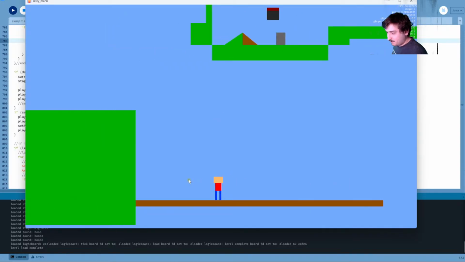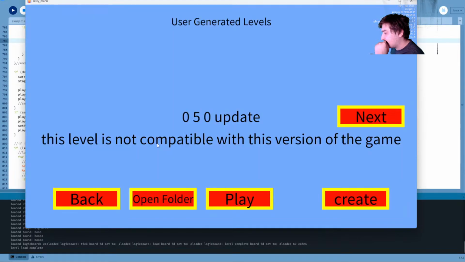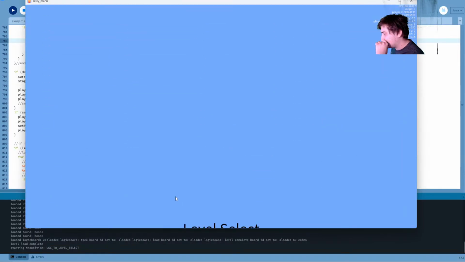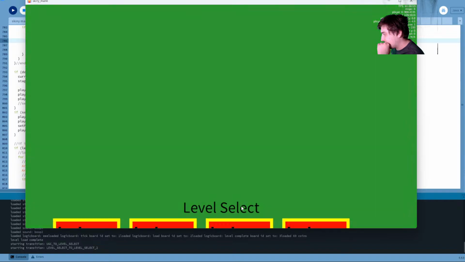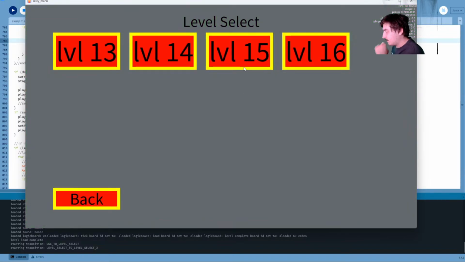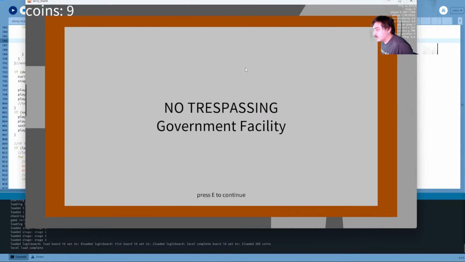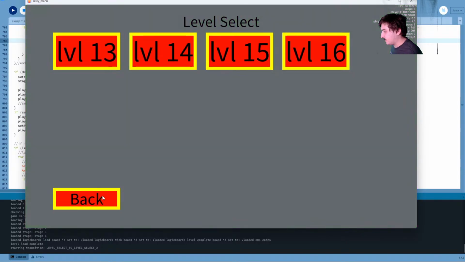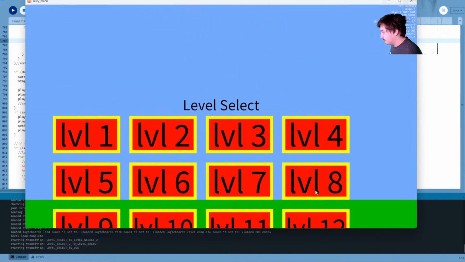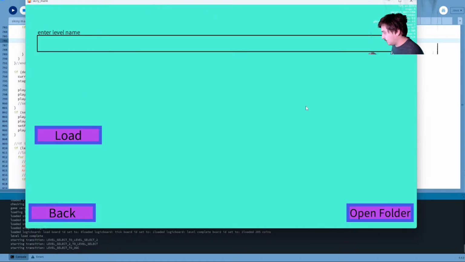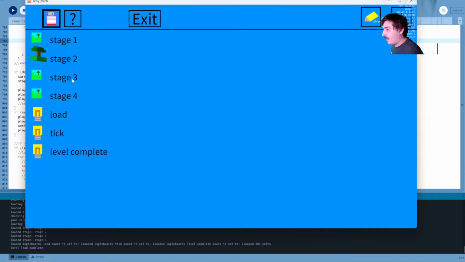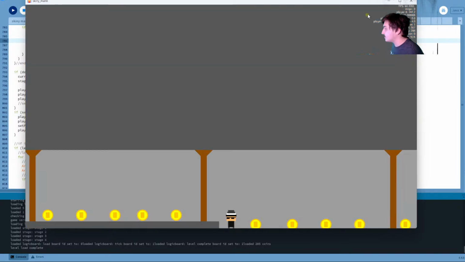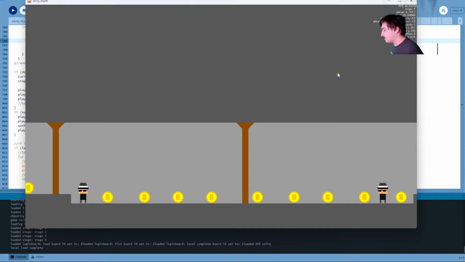Okay. Alright, let's kill that bastard. Yay! No errors! Yay, okay, let's go. Let's exit. Wait, which level was it? Let me quickly check which level it was. It was this one. So that was level 15. Okay, load level 15. Is it stage 3 where the actual lab is, or is that stage 4?